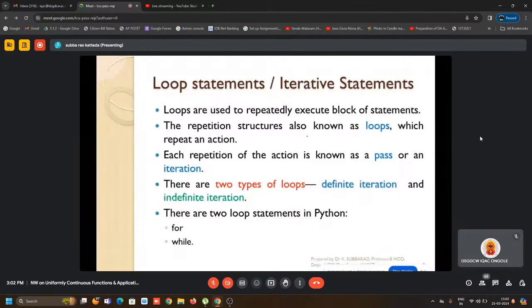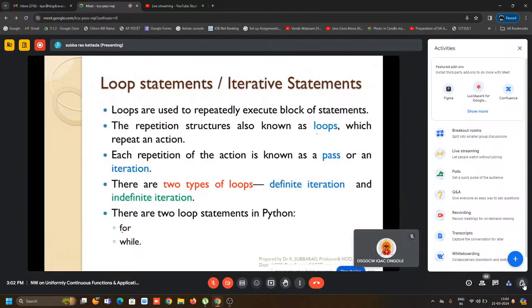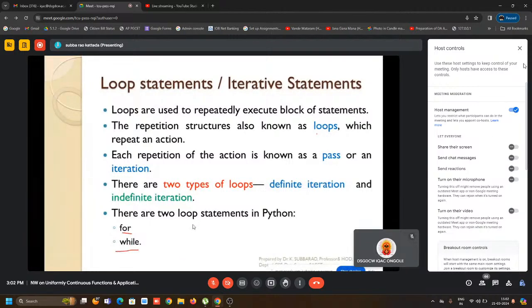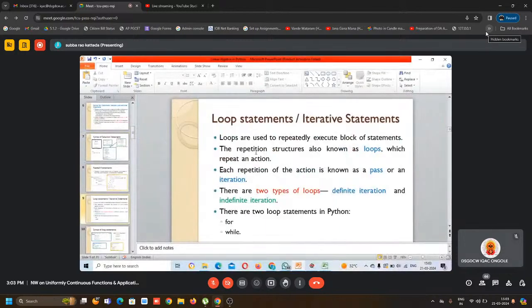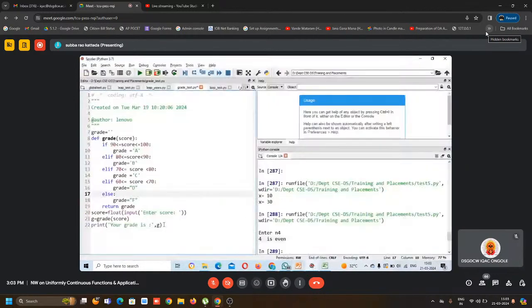nested if statements. Coming to the loop statements. I will explain these loop statements with an example program. In Python, we have two loop statements. One is for, another one is while. I'll let you know the syntax also, how we write the for loop and while loop. Mainly, you know very well why loops are used. The loops are used to repeatedly execute some block of statements. For example,